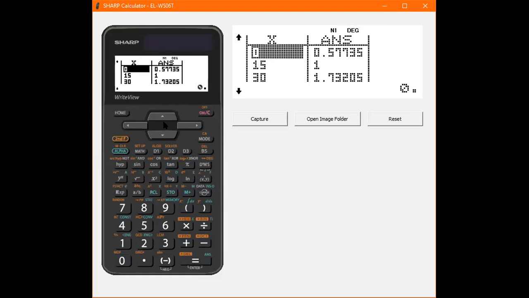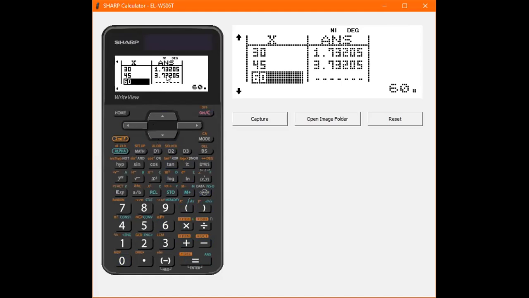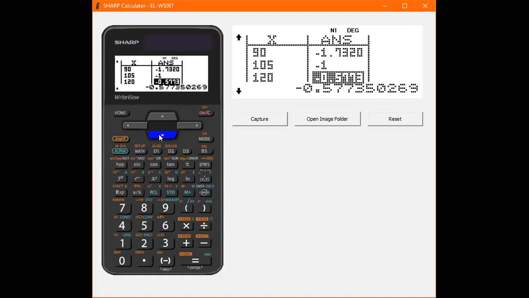You can see now my 1 is at 15 instead of at 45. And if I go look for my asymptote, it is now at 60 instead of at 90. And the asymptote actually looks like an asymptote, which is really nice. And then if I scroll down, you'll see your table will just go on and on and on, and the values will just keep repeating again and again. And it's really nice to show this to your students and explain where the cost diagram